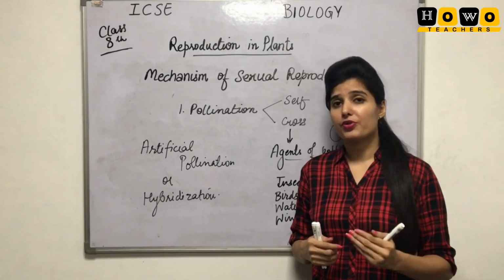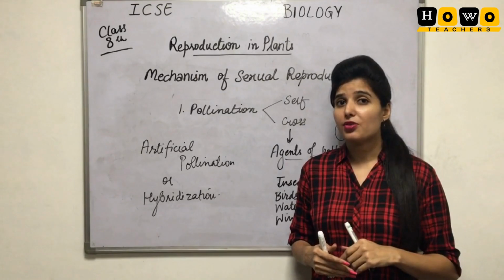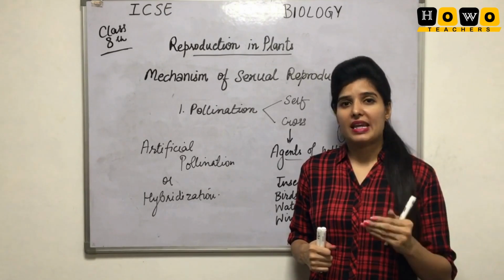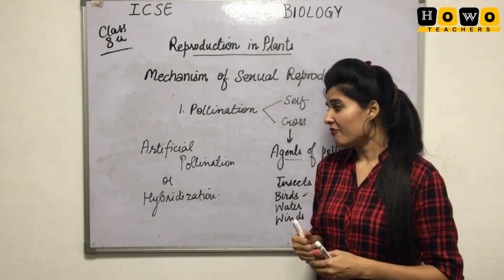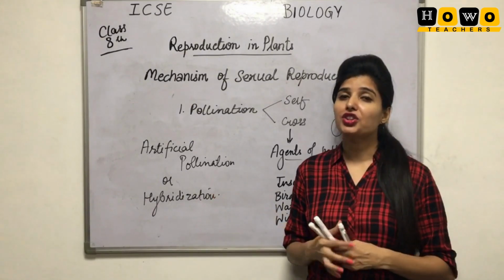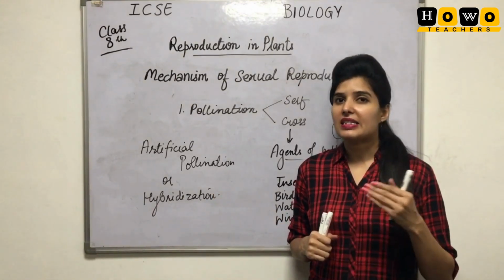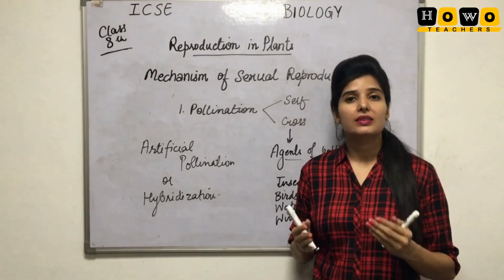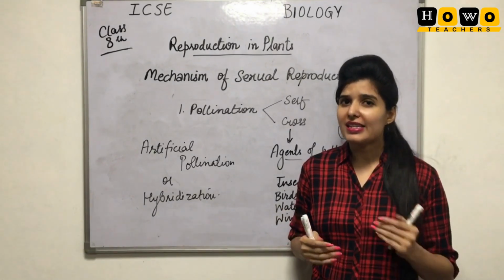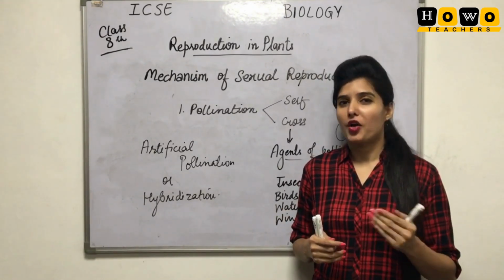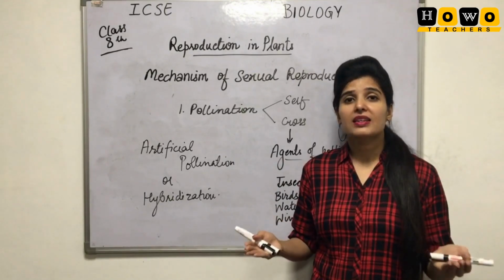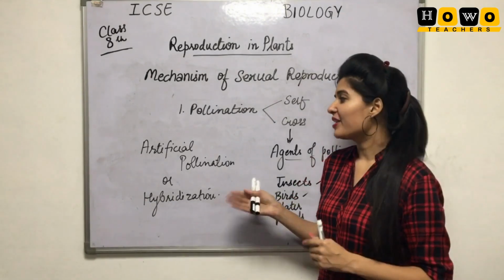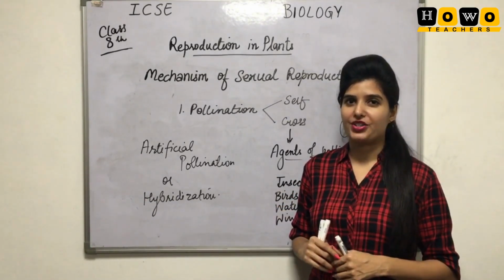Students, in this process, there is firstly the emasculation, that is the removal of the male part or the required stamens from the plant. Then there will be artificial introduction of the pollen grains onto the style, stigma and then ovary. Like this, the required plants can be produced. These plants have high yield, or we can say the required plants with required characteristics can be produced very easily by artificial hybridization or pollination.